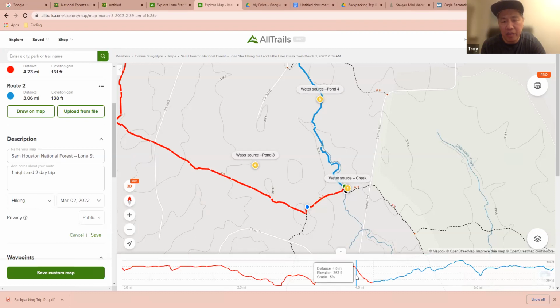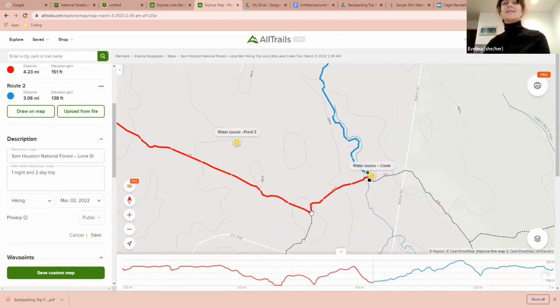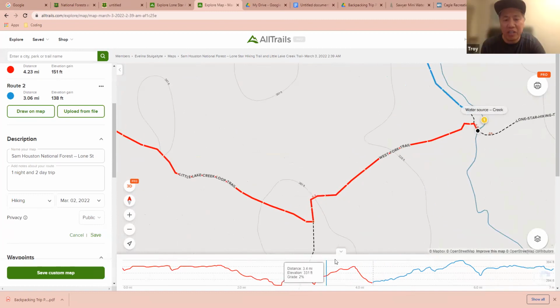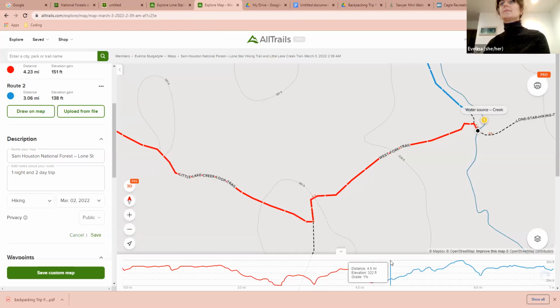It does look like your camp, between the red and the blue, is at a low point, and that's right by a creek. So that's a water source, which means there could be more insects there. So what you could do is stop even 100 or 200 feet before, knowing that all you have to do is walk 100 feet to get water. But being ahead of that ridge, it might be a natural break against the insects. That makes sense. Good catch. Let me see what else.